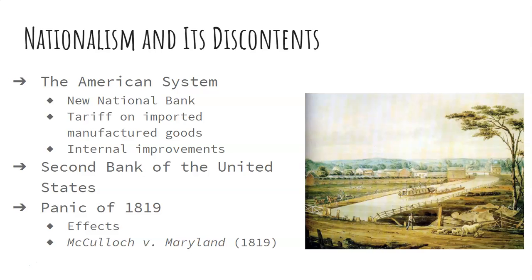And this idea made it all the way to President Madison. In his annual message, President James Madison put forward a blueprint for government-promoted economic development that came to be known as the American System, a name given to it by Henry Clay. This plan rested on three main pillars. There would be a new national bank, a tariff on imported manufactured goods to protect American industry, and federal financing of improved roads and canals.